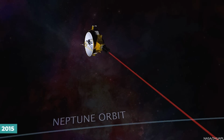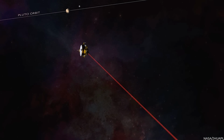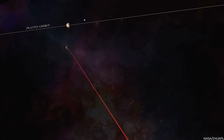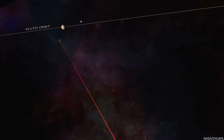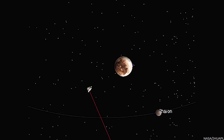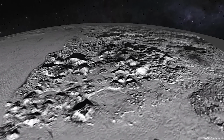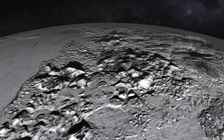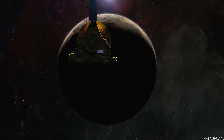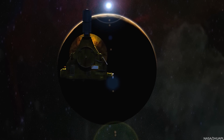In 2015, the spacecraft started its approach phase towards Pluto, and its trajectory was modified with a 93-second engine run. New Horizons eventually reached closer to Pluto than Earth is to the Sun 2 days later, with nearly 4 months till its close encounter. That same year, images of Pluto started to show identifiable characteristics, with detail growing week by week throughout the approach. Data from New Horizons was used to definitively answer one of Pluto's most fundamental mysteries: its